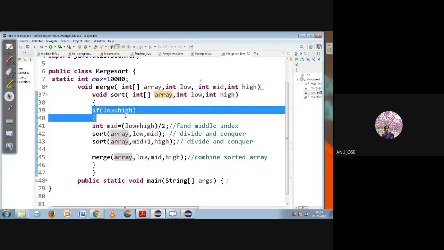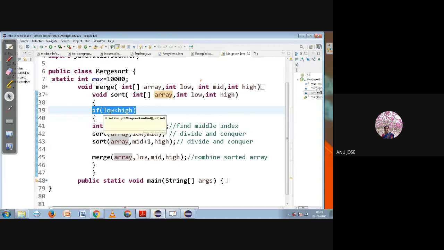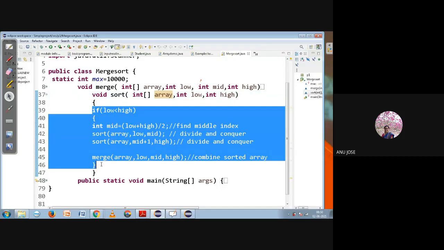If low is lesser than high, it indicates that more than one element is present. So you need to do the operations one by one. So low less than high is indicating the array we are checking over here has multiple elements, so you need to perform the sorting. If it is a single element, the array is already sorted. You need not worry about this complete if clause. That is the logic for the sorting operation.